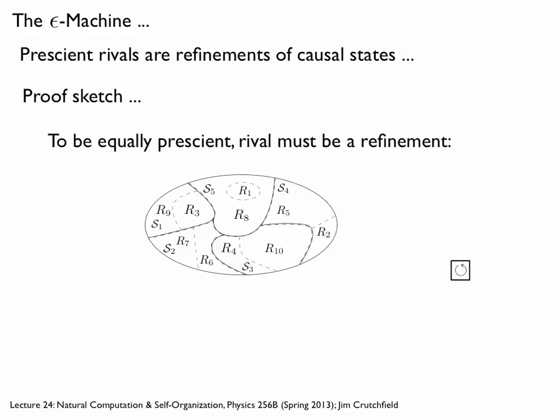So the conclusion, shown graphically here, is that whatever alternative model you give me, if it predicts at the same error rate, assigning the same uncertainty to the future, then the induced partition over the space of histories has to be a refinement. Either wholly contained, or at least the boundaries of the cells have to respect the boundaries of the causal state cells. So it's kind of obvious. There can be more of them, and certainly no fewer, because then it would start to mix the cells of the causal state partition.